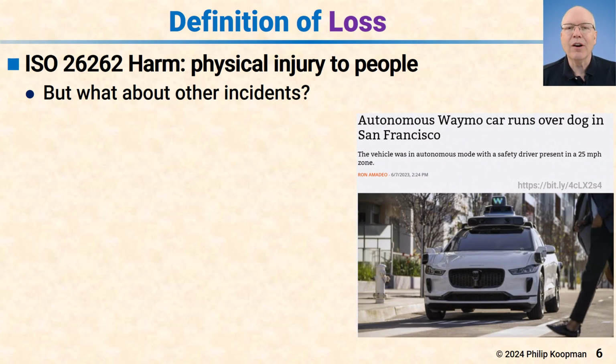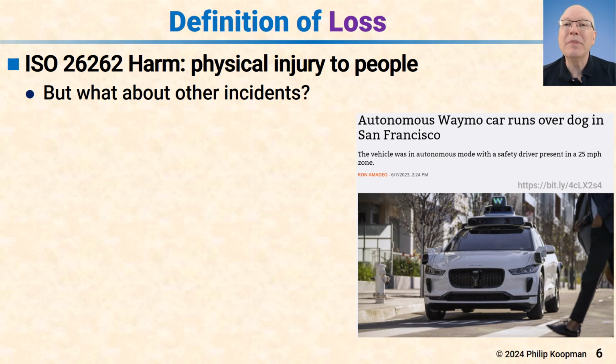Here's an example where a robotaxi killed someone's pet dog. Now, I'm not trying to equate killing a dog with killing a person, but it's clear that many people take any injury to their pet very seriously. If you want to be socially acceptable on public roads, you cannot assign 0 as the risk associated with killing a pet. There has to be some other consideration.